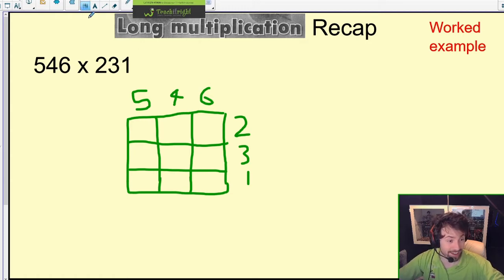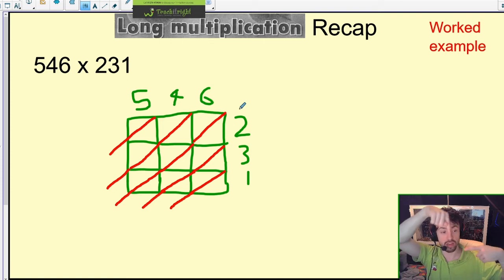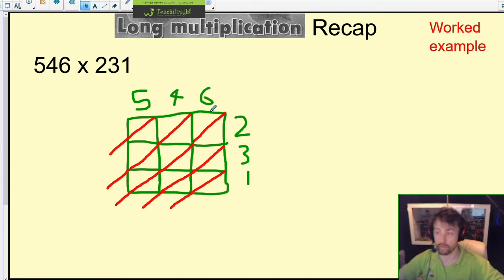That's actually probably, I think, the hardest part of the whole method. Then we divide each square in half diagonally. And the diagonals need to be going away from the side the two numbers are written on. And then once you've done this, you just extend out the side a bit further a line. And now you're fully set up. All you need to do now is multiply each of the numbers on either side of the box. So for example, here you've got 6 times 2, so that will go in this box here, and